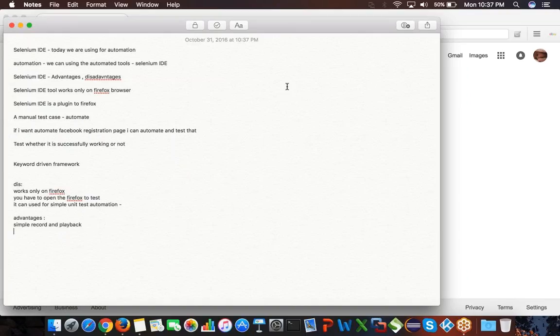If you see anything on a website, it is automatically doing all the things that we wanted to do, right? So you can automate whatever you wanted to automate, such as filling an application, with simple record and playback.